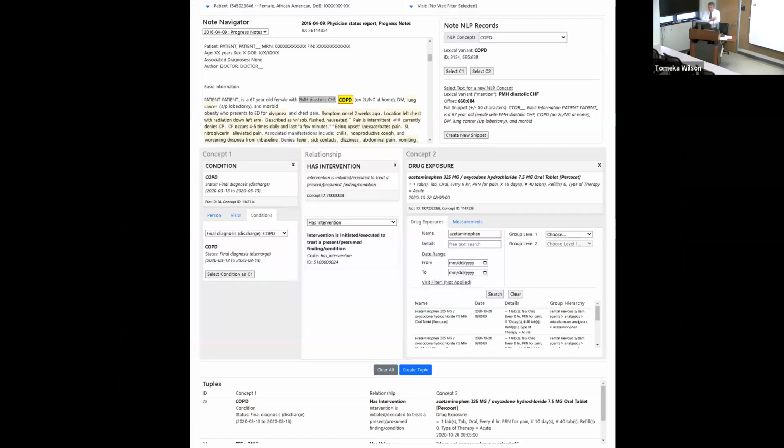So this is the tool that we're creating right now. It's a very nice tool. Nick Timkovich is building it. It shows you, for instance, notes. We use John Osborne's NLP to highlight stuff, and we can then pick out things and create linkages between different elements of the record, and use the ontology to specify and so on. So it's clunky, it's not intended for physicians, it's intended for me to build this, or any other physicians we might engage in this project at some point. This is really just to get it working, to be able to build a knowledge base to show people this is actually going to work. And then we'll get all you students to build different tools to do this.